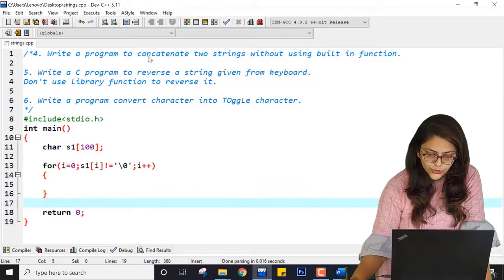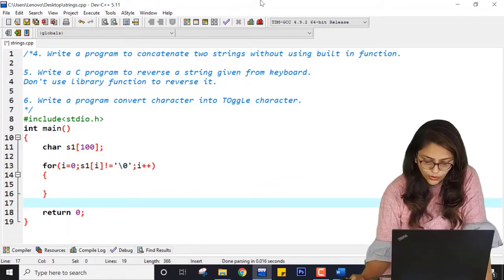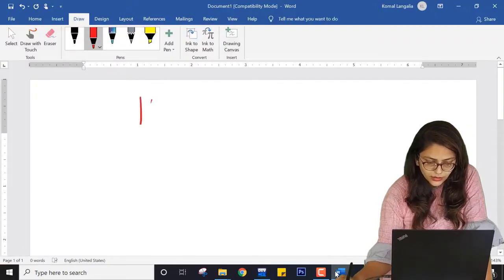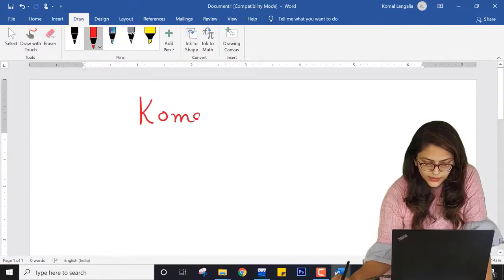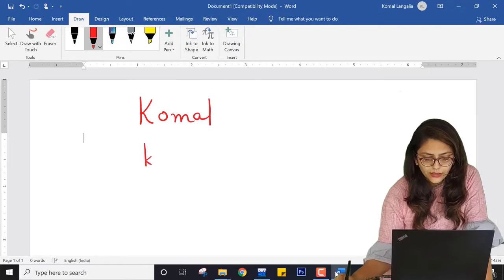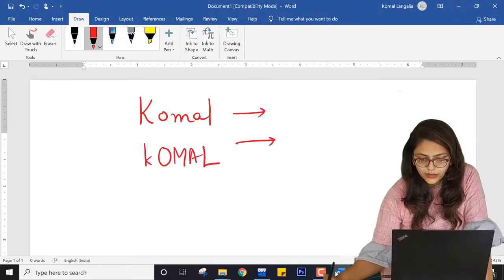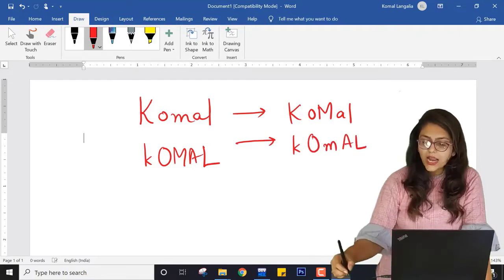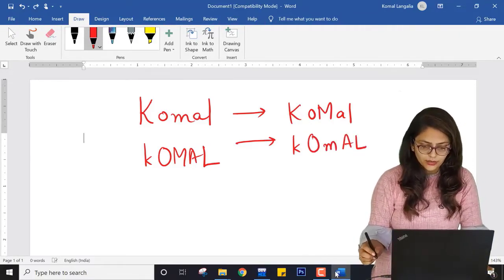If the user is entering this, let me go to my whiteboard, it should look like this, right? If the user is entering this, then it should look like this. I want to toggle a character.